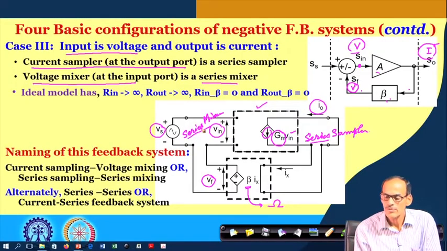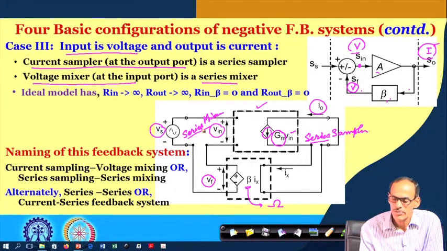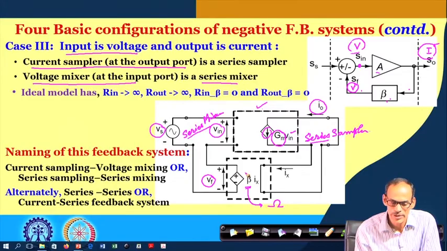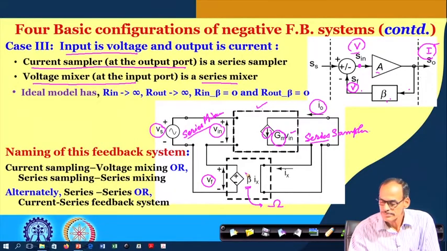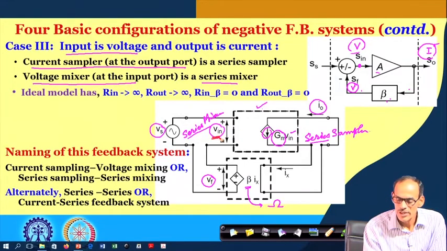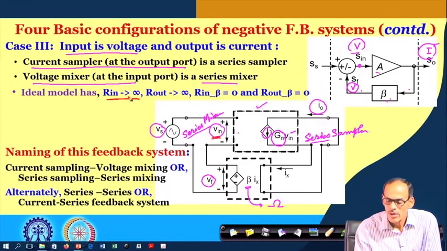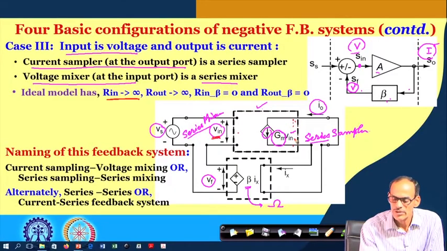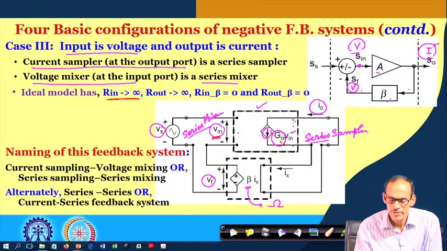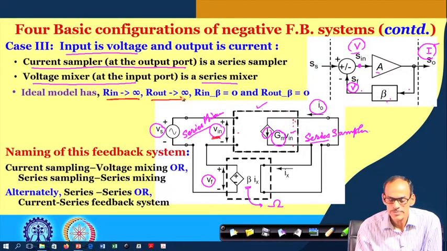So, if you see here, for avoiding loading effect, again the input and output impedance of these two blocks need to be appropriately consistent. So, if you see here the signal, it is voltage. To avoid loading effect, input resistance should be as high as possible. On the other hand, at the output, to avoid loading effect, we want conductance to be 0. Since it is not an equivalent, conductance we want to be 0 for avoiding loading effect. So, the R out is infinite,